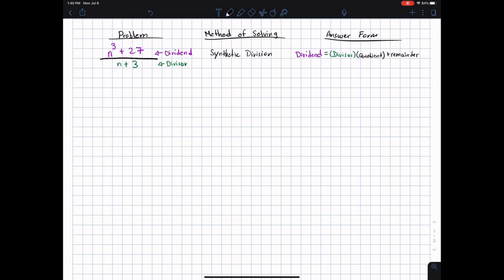In order to solve this, it's very easy. What we're going to do is provide a placeholder. The only purpose of these placeholders is so that we can solve synthetically. So let's put them in. So we have n cubed, and then